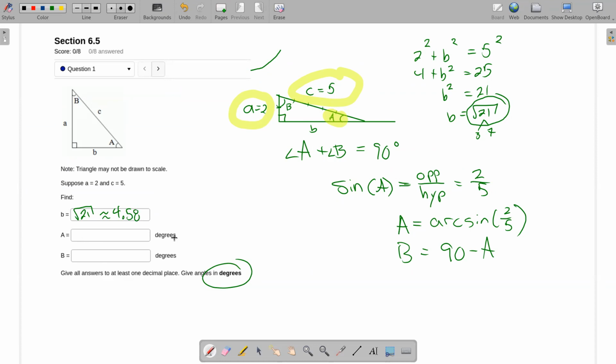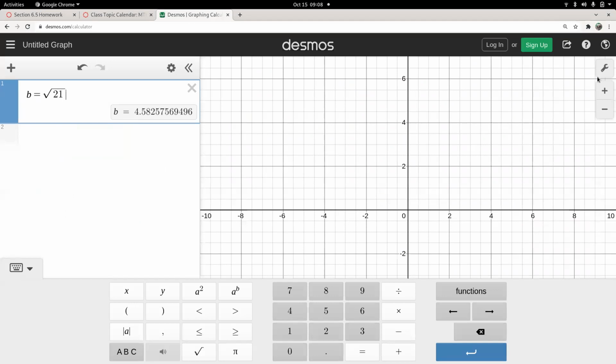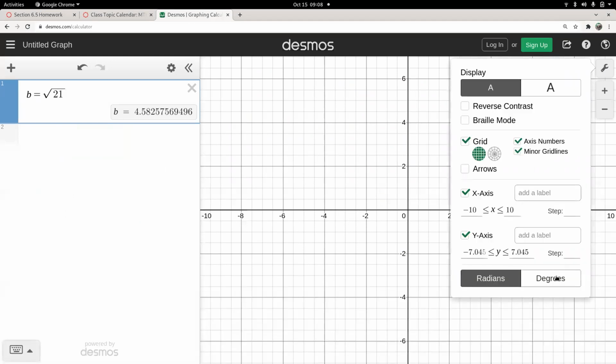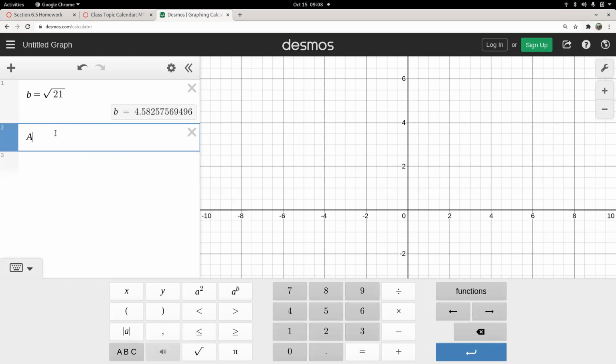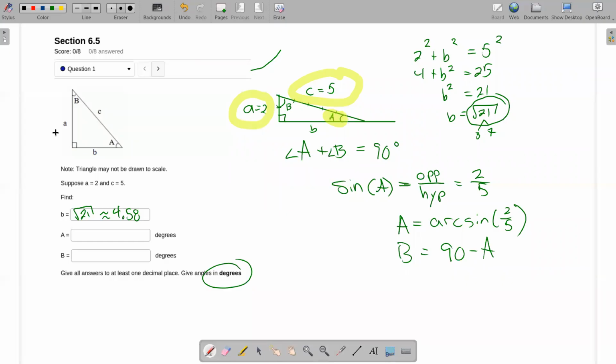All right, and let's see, A in degrees, and remember Desmos is in radians, so we've got to switch over to degrees or do a conversion. Might as well have the calculator do it for us. And then I know that angle A, I'm going to call it capital A, is equal to the arcsine of 2/5. And so for the degree measure, I get 2 decimal places, 23.58. So this right here is about